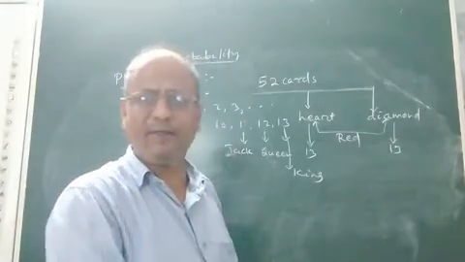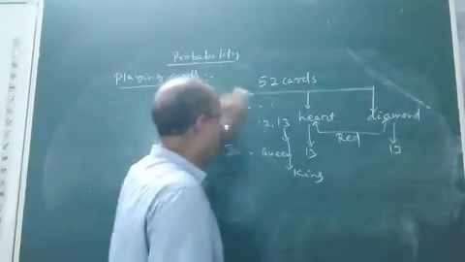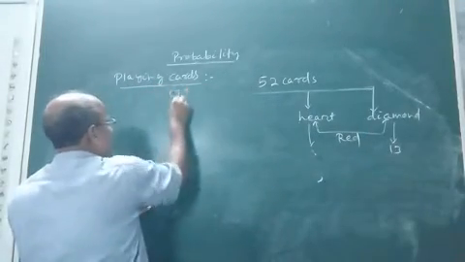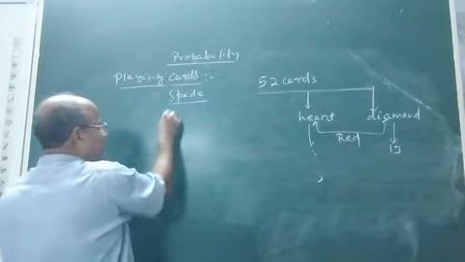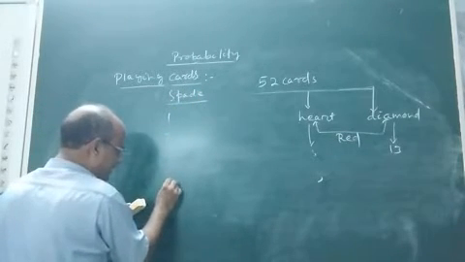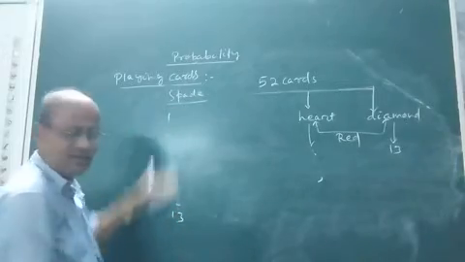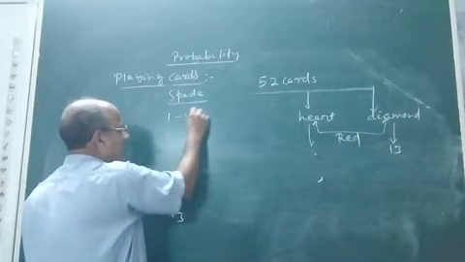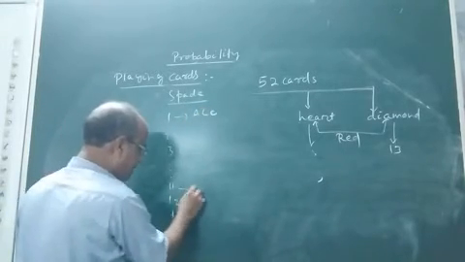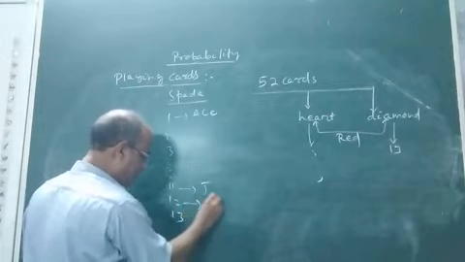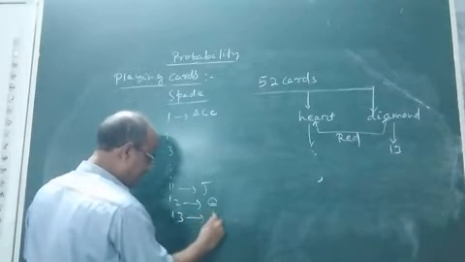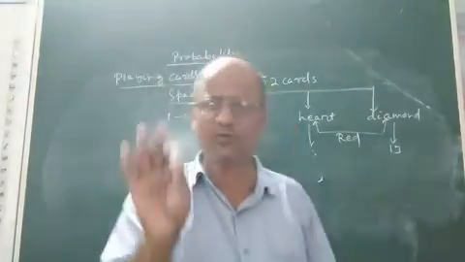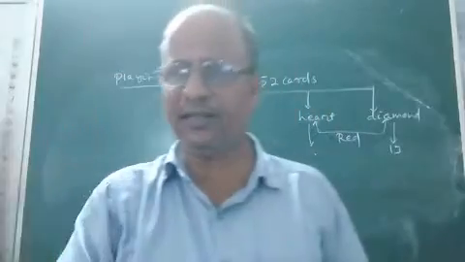Now in a similar manner, the suit spade, which is also black in color, will contain 13 cards, 1, 2, 3 up to 13, including 11, 12 and 13. These are the 13 cards present in the suit spade. This card is again known as Ace or Ikka. Card number 11 is Jack, card number 12 is Queen, and card number 13 is King. That means all the 4 suits contain 13 cards each.